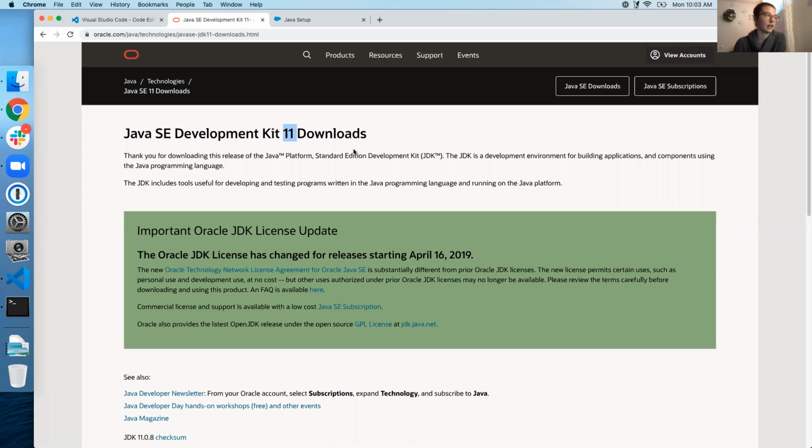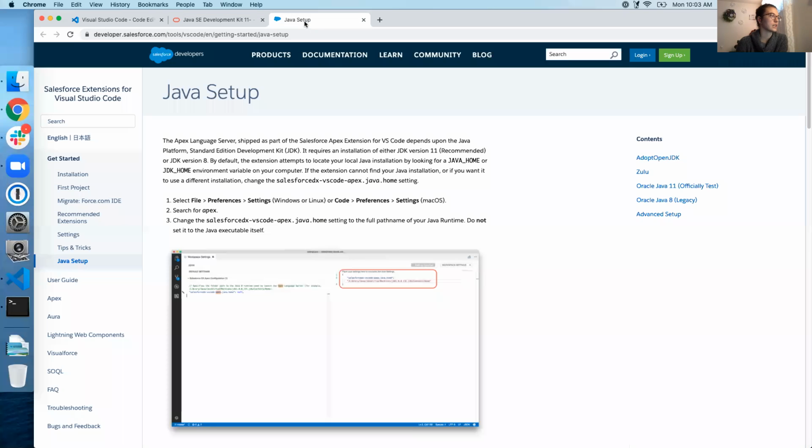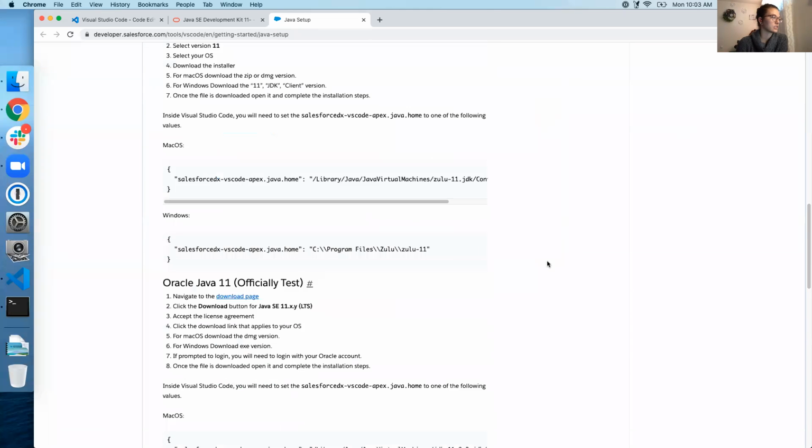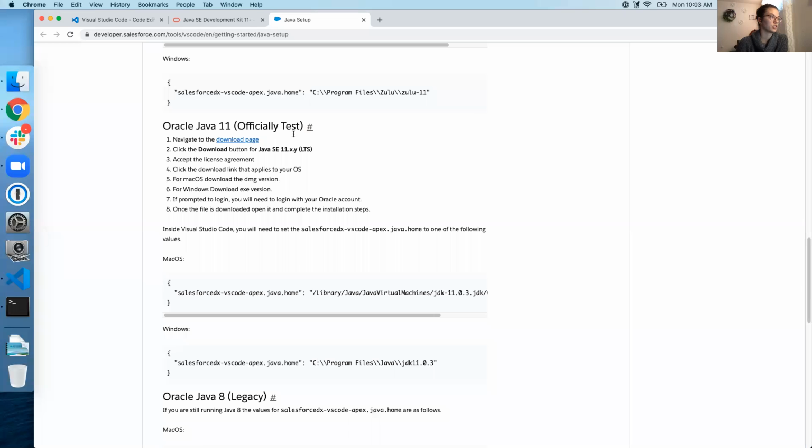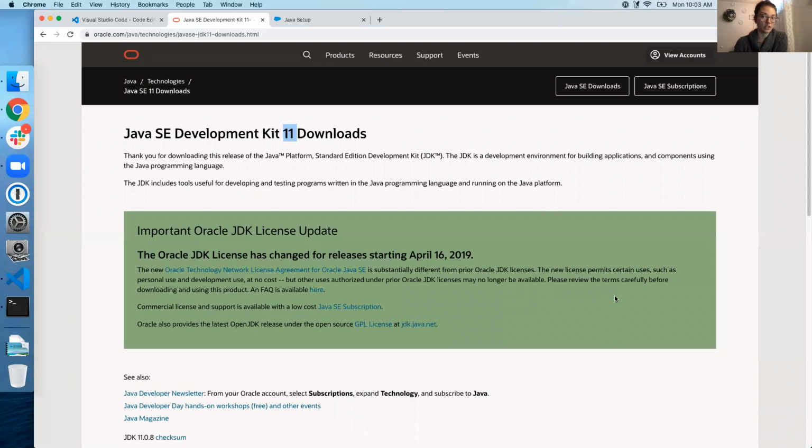So yet again, I have Googled Java Development Kit 11, or I'm following these steps found in this Java setup from the Salesforce developers community. This also has direct links to which versions of Java you officially need. You'll be able to find these through the documentation, which leads you right to this page for the download. You do have to create an account with Oracle, but it's totally free. All I had to do was log in with my username and password,